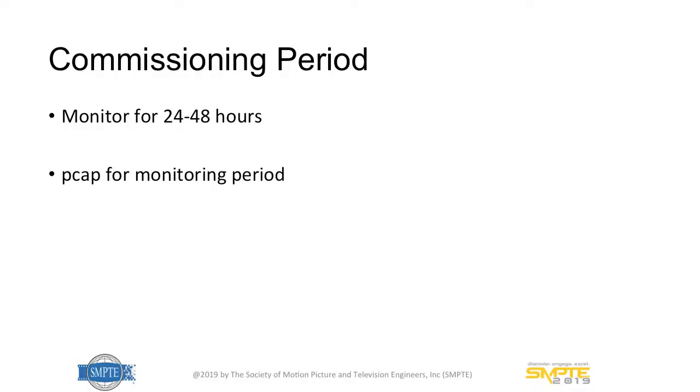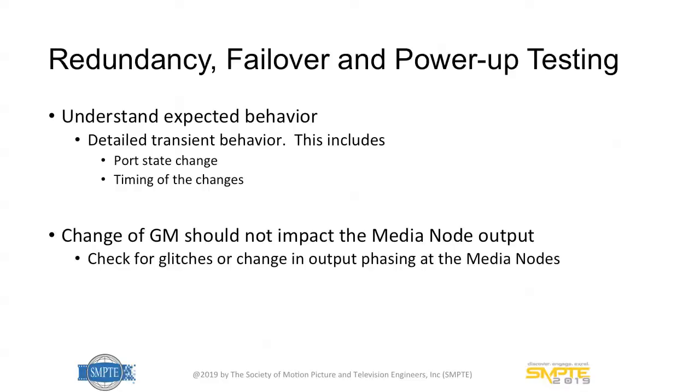So how long should you do the commissioning? From what I've seen in the field, if you do have these very intermittent devices, within a day or two, a device will behave badly if it's going to behave badly. So if you do a 1 or 2 day capture, if it's going to have an issue, you'll see it. One nice thing about PTP, because the data rate is so low, at 8 messages per second, if you do a 24 or 48 hour capture, the capture file is only 100 or 200 megabytes, which is very manageable. So you can do these captures which are many days long.